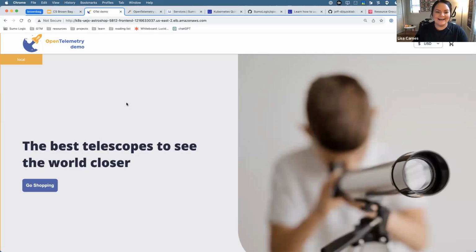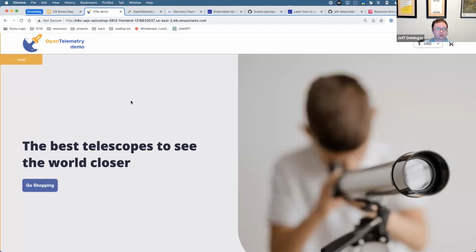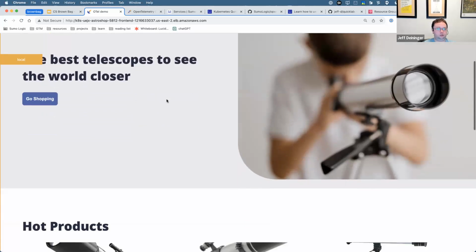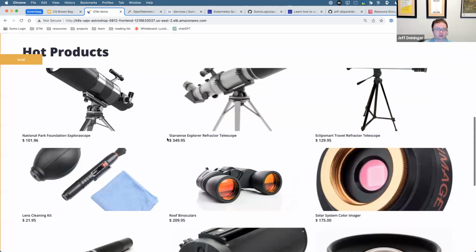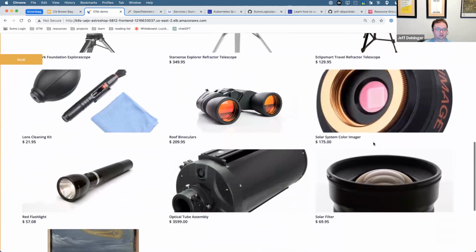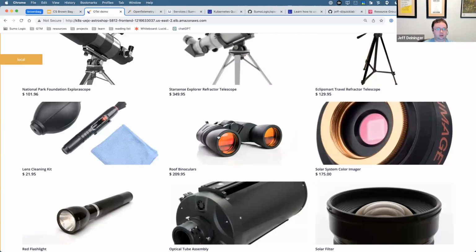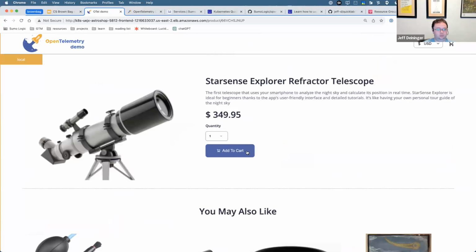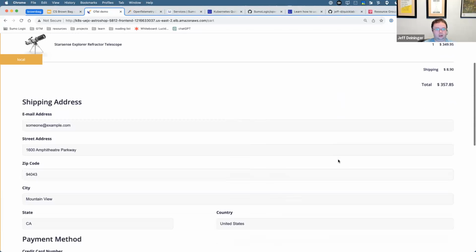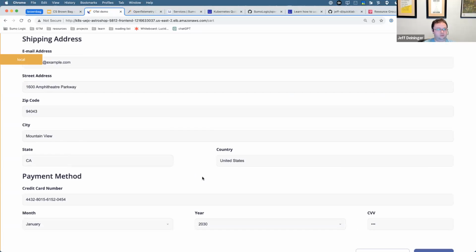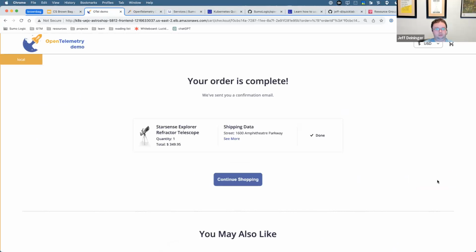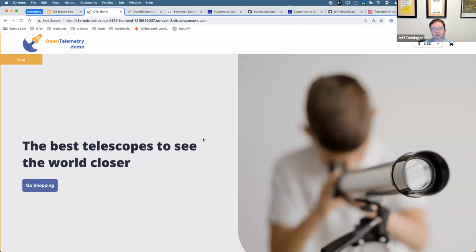All right, so let's take a look at the OpenTelemetry demo app itself. It is a fake e-commerce site. You actually are not able to purchase hot products like telescopes and expensive lenses and binoculars, but you can pretend to, right? Which is fun. So if we want to buy a really expensive telescope, I can add it to my cart, right? I have my fake address information already filled in for me. I can place my order, and then I can continue shopping. So I can do things like generate some traffic and some transactions